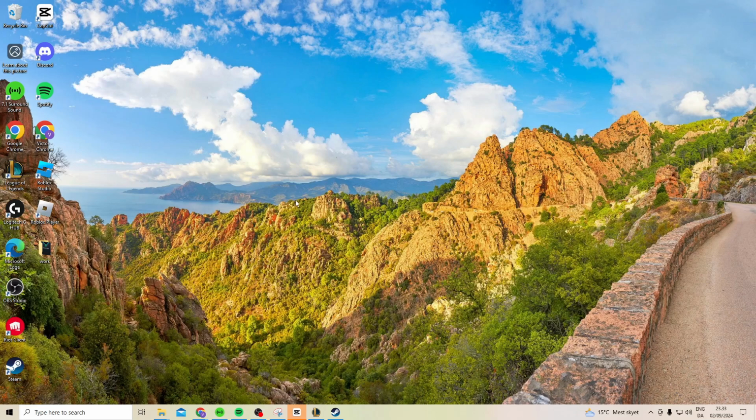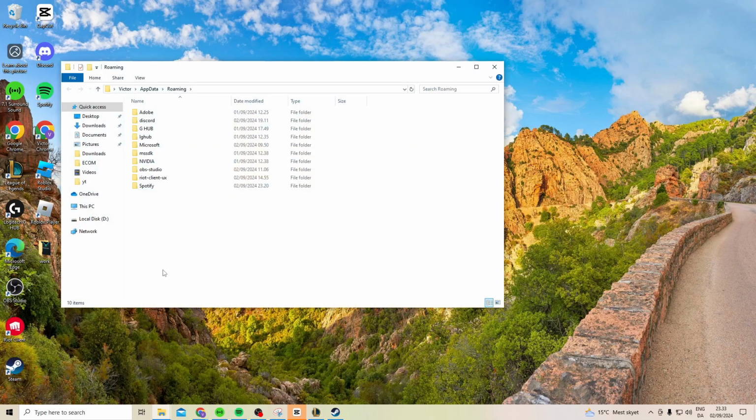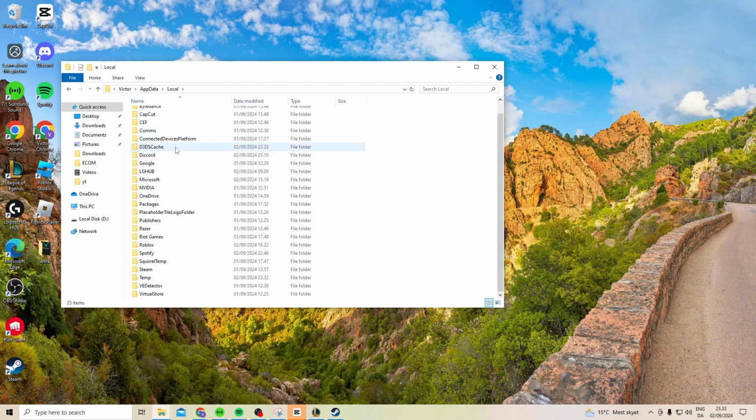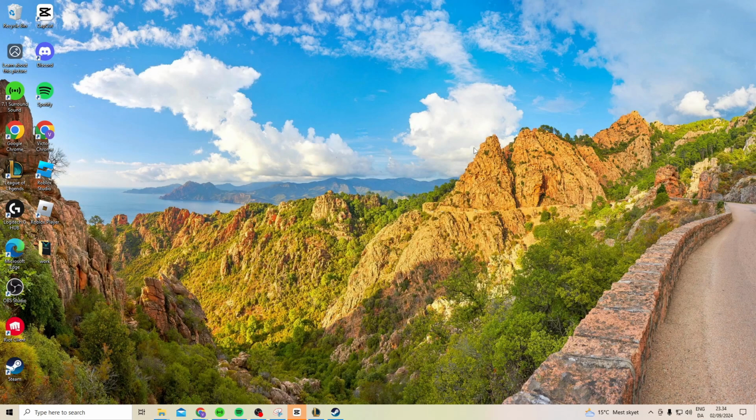Then after you've done that, what you need to do is press Windows key R to open up Run, search for %appdata%, press OK, find the Discord and delete this one. After you delete it, go to AppData, Local, find Discord again and delete this one as well. Now after you've deleted these, what you're gonna do is you're gonna close it, go to Google, and then what